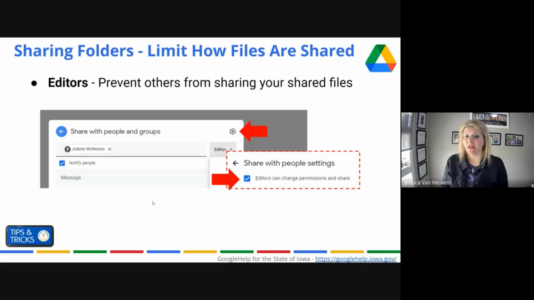I may not want Jolene to be a full editor in the sense of being able to change permissions and share that folder to trainer 1, to John, to Chad. I don't want her to share this. I want to restrict that. As an owner, I can do that. And by default,